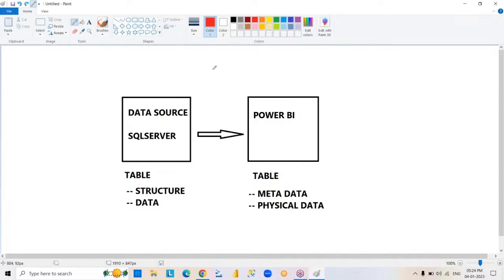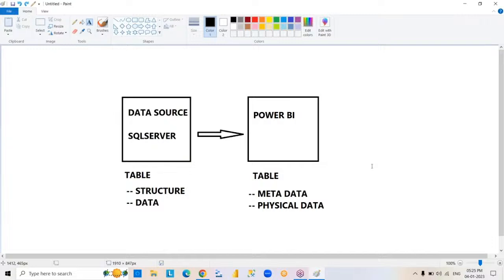And coming to next scenario, format of the data is clear. Tables format. Even terminology is also clear. Metadata, physical data, done. Right? And but what is storage mode? Where inside Power BI is the data going to be stored? Why I'm asking this question, you know,